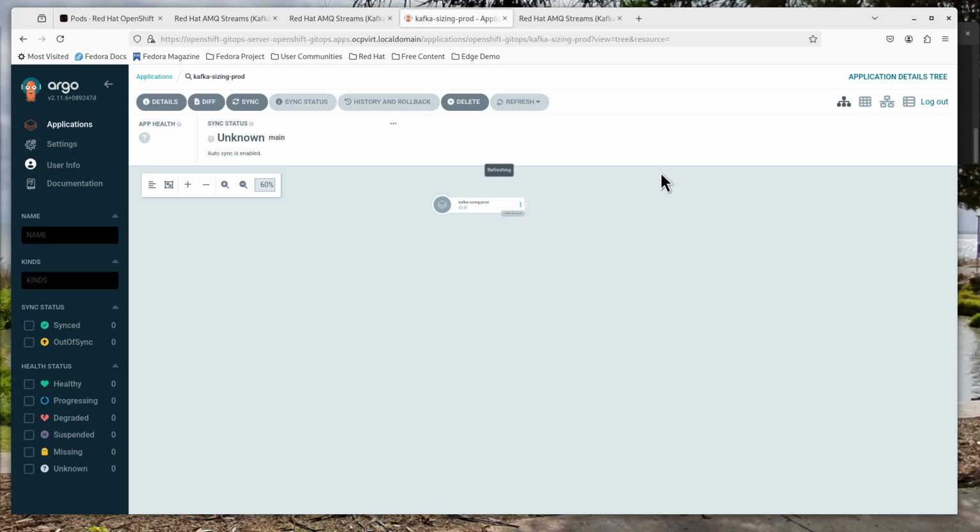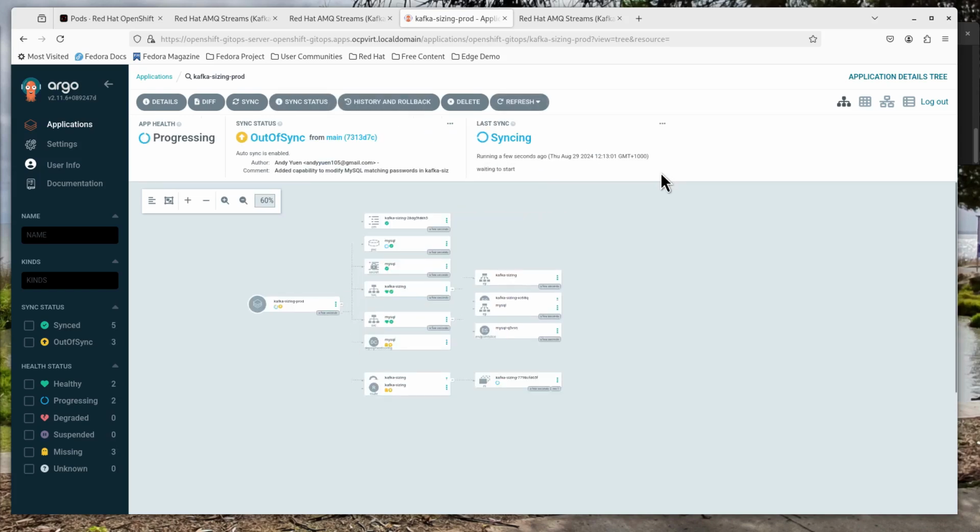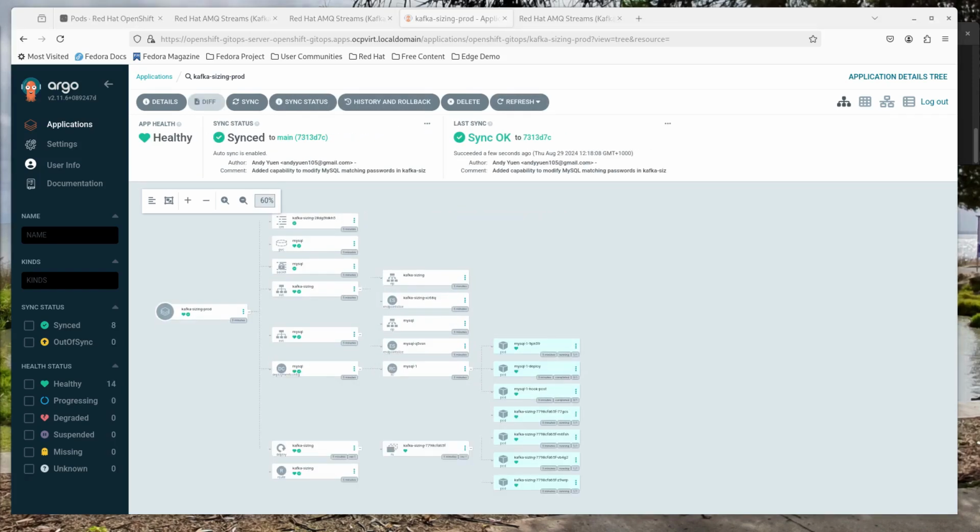Let's see what happens next. Now it has finished deploying. So you can see there are 1, 2, 3, 4 Kafka sizing application replicas running and one replica of the MySQL